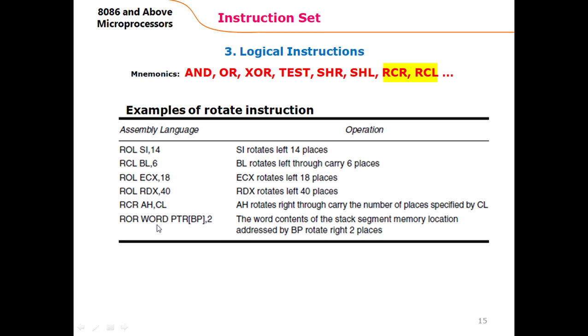And this word Ptr directive is used to tell the microprocessor that the value to be rotated in the memory is a 16-bit value, and if it would be a single byte value, then byte Ptr is used, and there are other directives for if the value is larger than